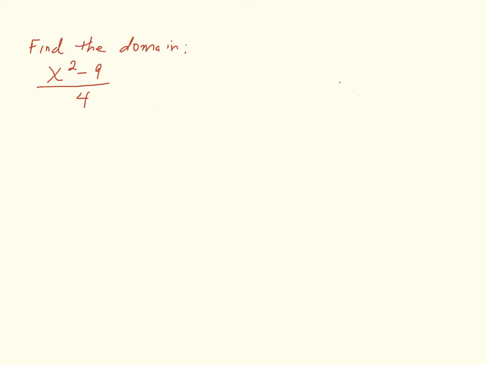So in this example, let's find the domain. X squared minus 9 over 4. Well, remember, when you're looking for the domain, you find out what will make the denominator equal 0. What value of x would make the denominator 0? Well, in this case, there is no x in the denominator. So there's no value of x for which this expression is not defined. So you have to look at every single number in the number line and say, well, the domain